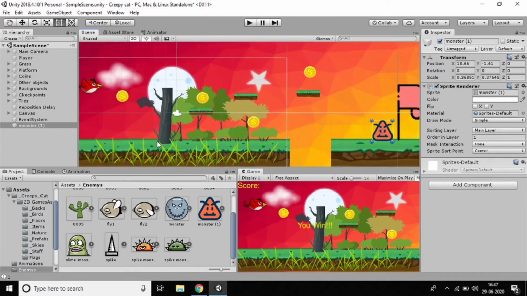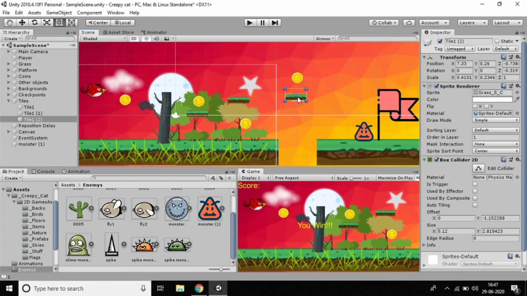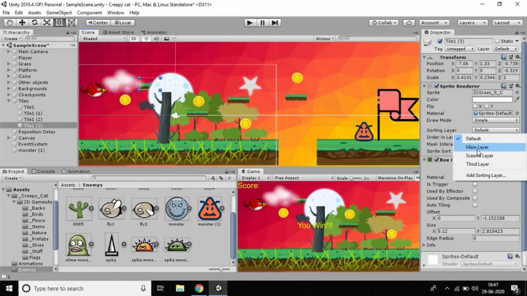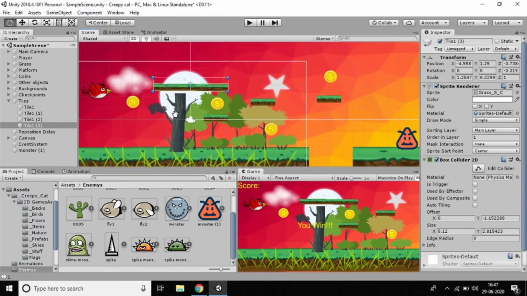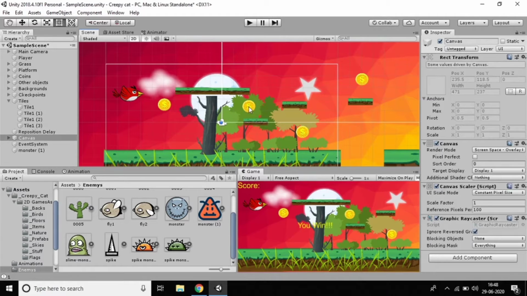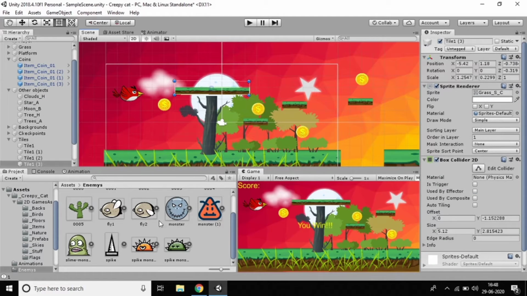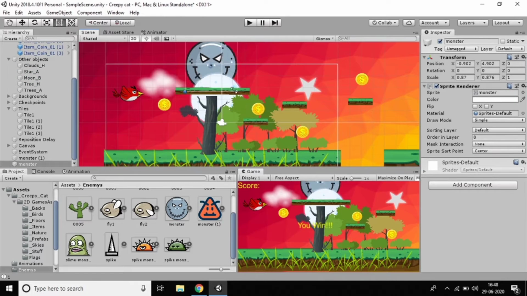And I want to make one platform like this. I want to make this tile. Just copy paste this tile and drag here and keep it on main layer one. I want a big size of tiles, so you can find everything. You can make this one like this. Designing is very important when working with a game, so that's why I'm doing it. So you can make this one here, just keep it very small.